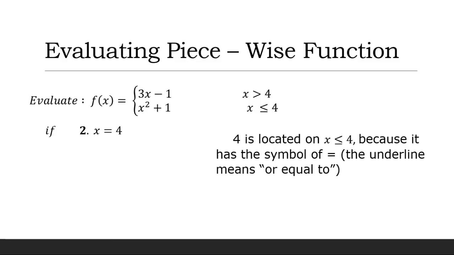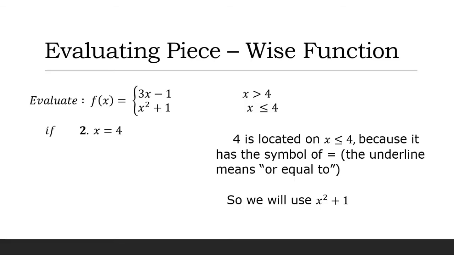From what I said earlier, the second restriction includes 4. It is because of the symbol equal or yung guhit sa ilalim ng less than symbol. Hindi kasama ang 4 sa unang restriction dahil wala itong symbol na equal to. Meaning, ito ay mag-start sa 5, hindi sa 4. Since we located 4 on the second restriction, we will use the expression x squared plus 1 for our substitution